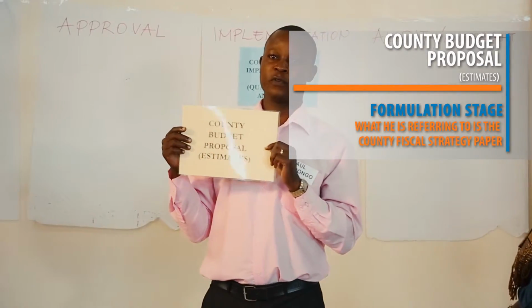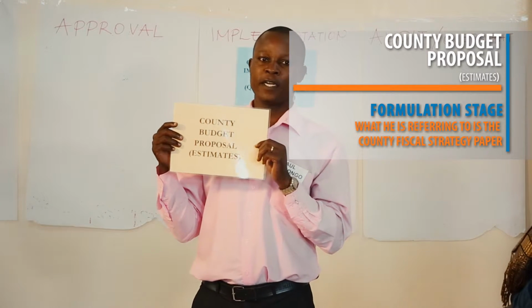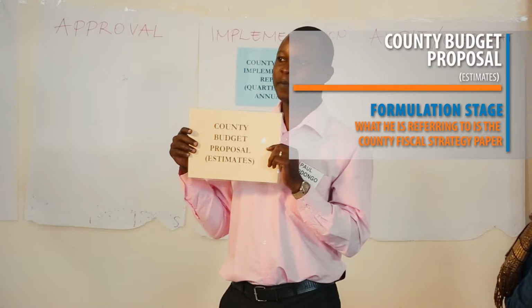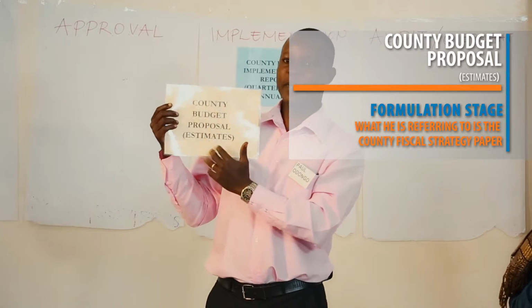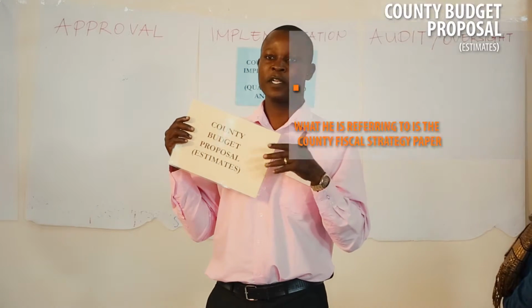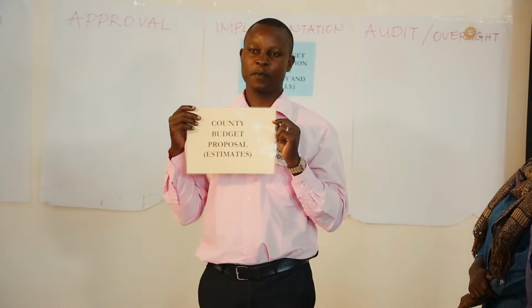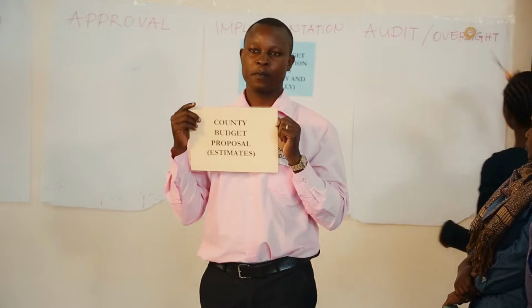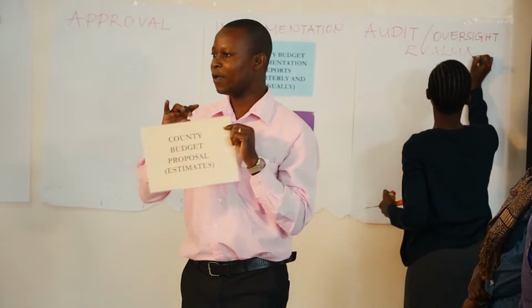Next, we have a County Budget Proposal Estimate. This is a document that is produced on February 28th. At the national level, it is also called the Budget Policy Statement, and it incorporates estimates based on sector, what the government or the county is going to allocate before it is approved. Then it is put under the formulation stage. So this document actually comes a little bit later than the document you were talking about. Okay? But it is part of the formulation stage of the budget. The analogous document at the national level is the national budget proposal or the national budget estimates. So you can put it under formulation.